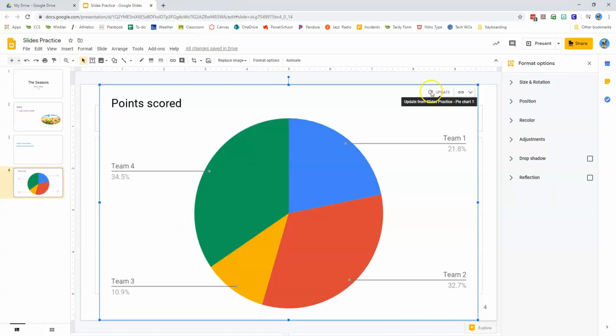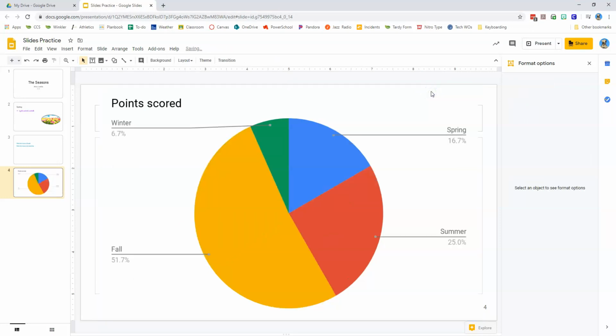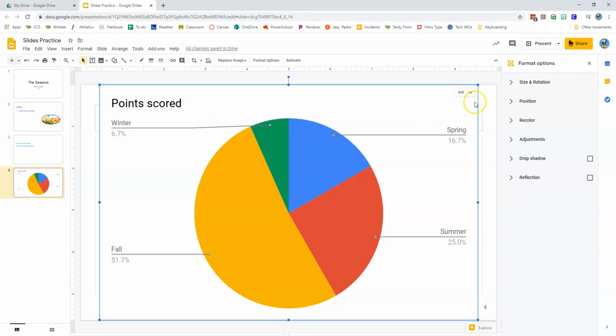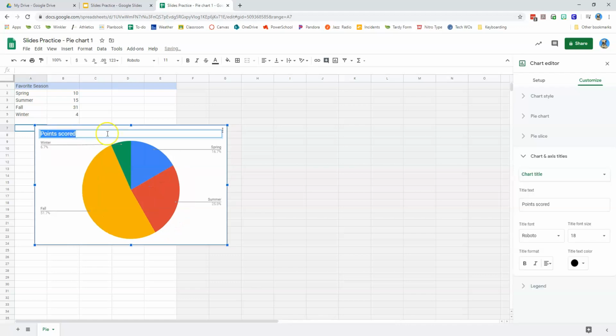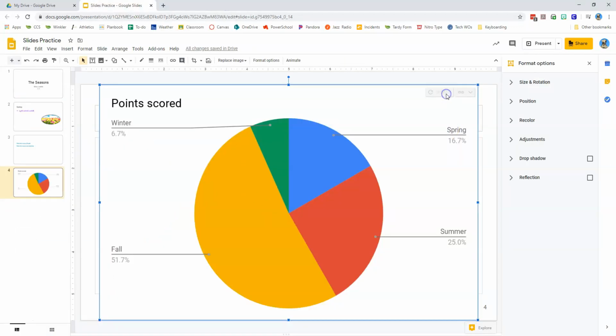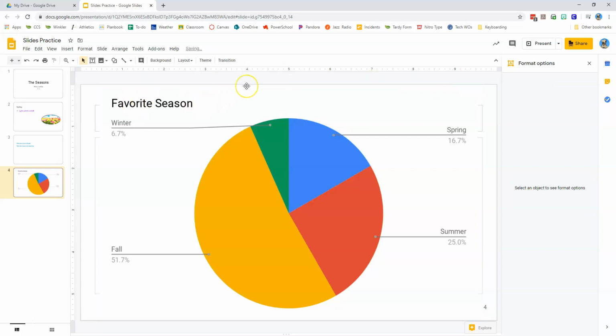and we're going to select the Update button here. And now we've got our updated pie chart. So it appears our title didn't update, so let's click on our chart and open our source again. And here in our pie chart, we're going to click where it says Points Scored. Actually, it looks like we need to double click. And we can select our text there, and we're going to change the title to Favorite Season. Okay, click outside the box, go ahead and close that sheet, click Update, and now we've got the correct title